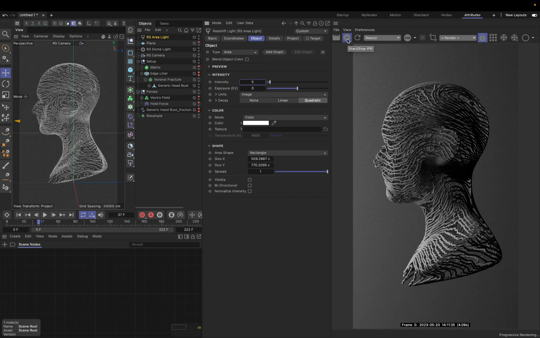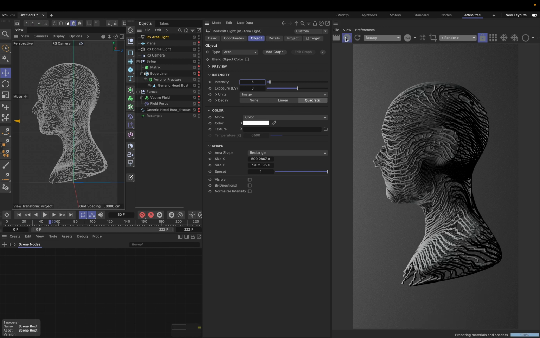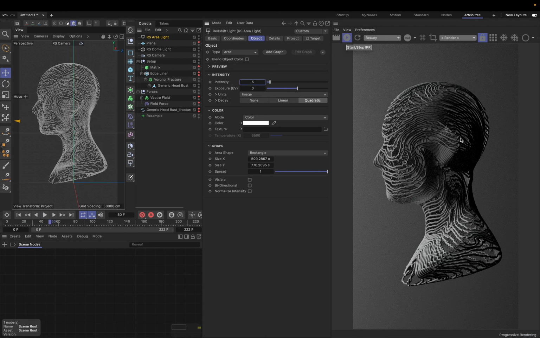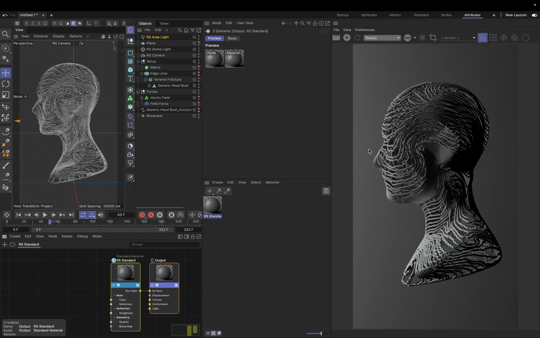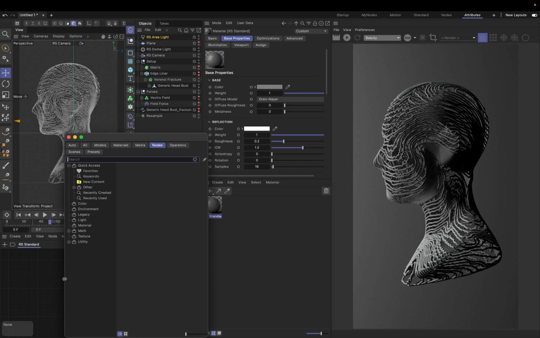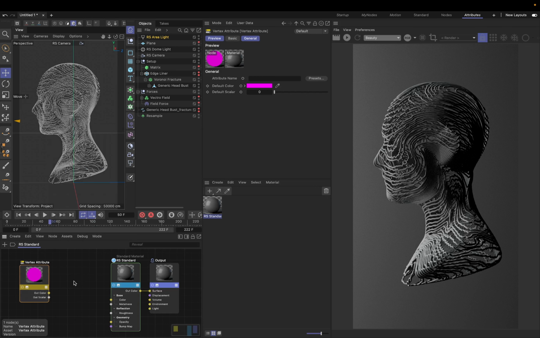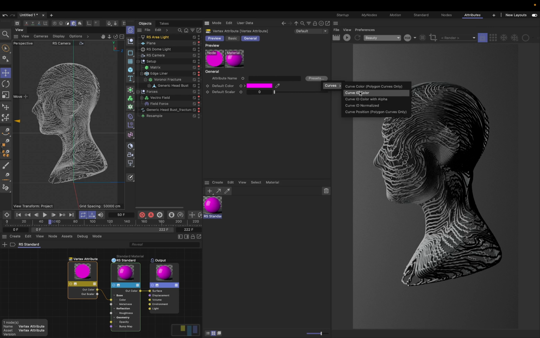Yeah, looks pretty nice. Yeah, maybe a bit more. Okay, as for me it looks beautiful. Okay, so what about materials? Let's create a first standard material, and as we use the splines, we can use vertex attribute. Let's call the vertex attribute, type vertex attribute, connect directly to the color,